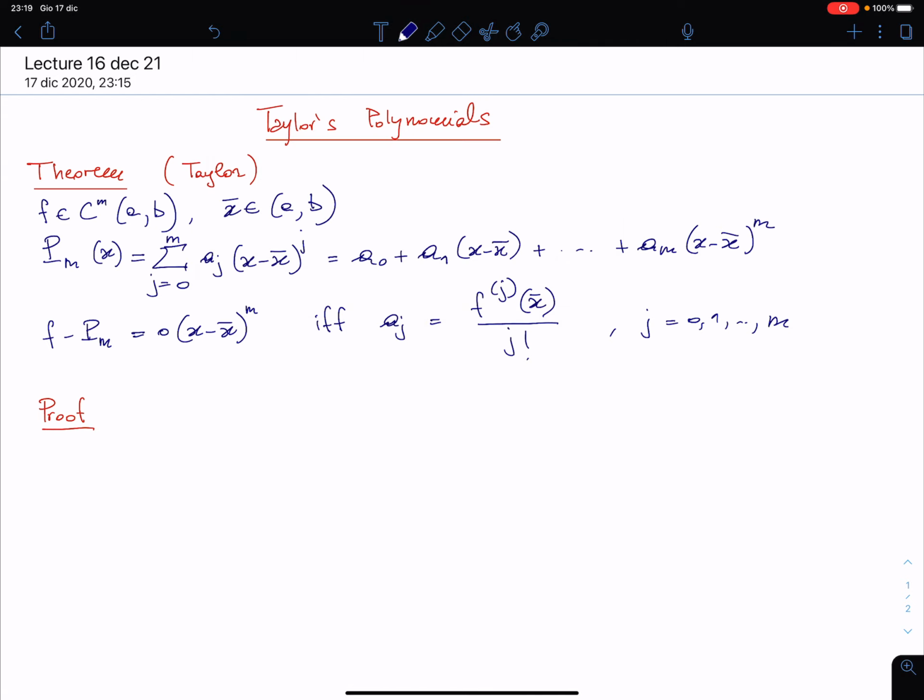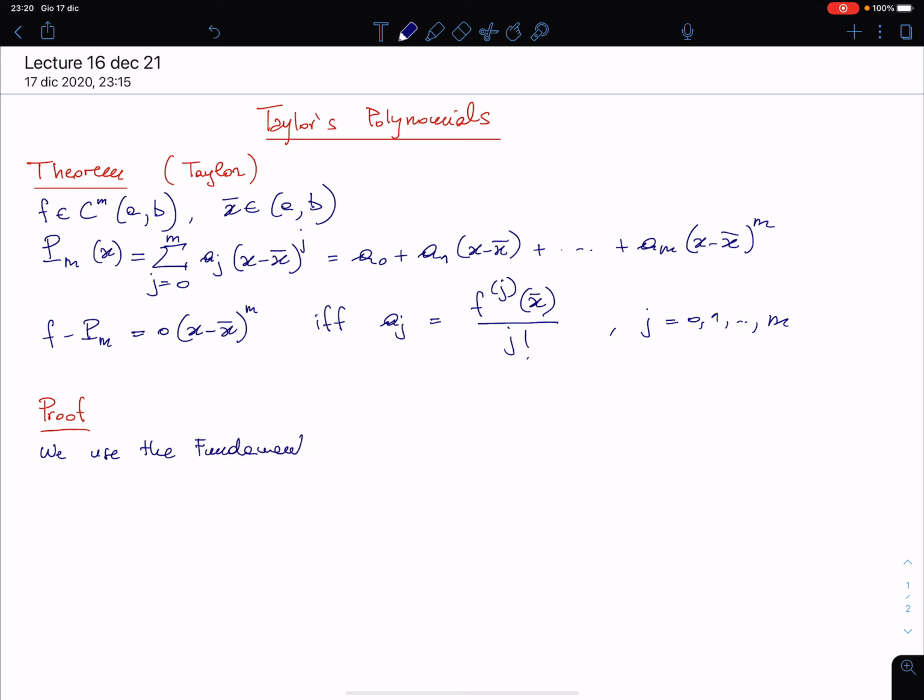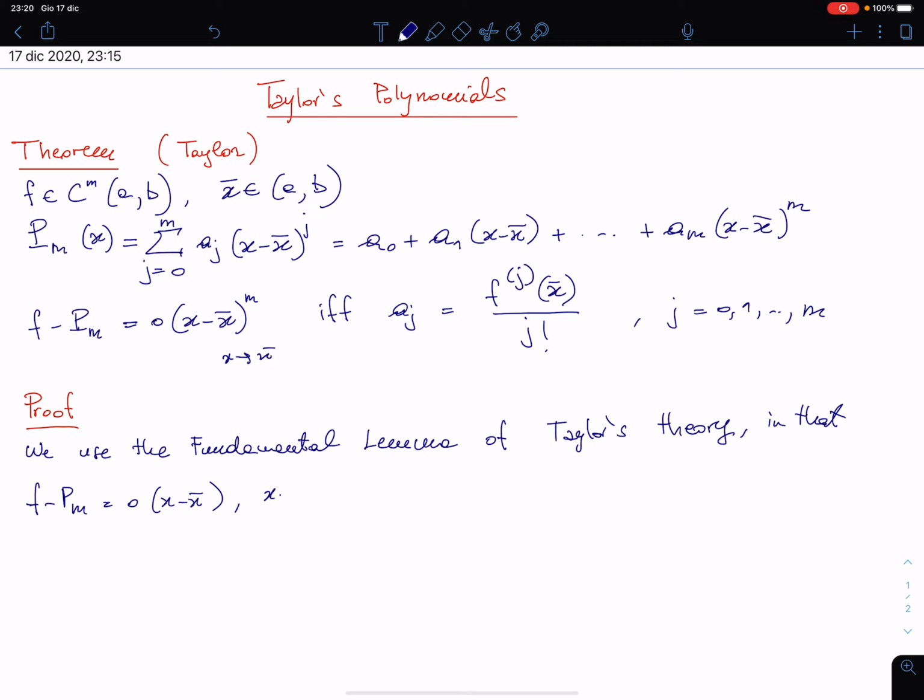The proof is a very simple proof because we use the fundamental lemma of Taylor's theory, that says, remember that if f minus pm is little o of (x minus x bar) as x goes to x bar, this means that